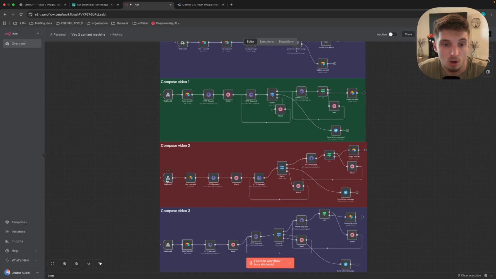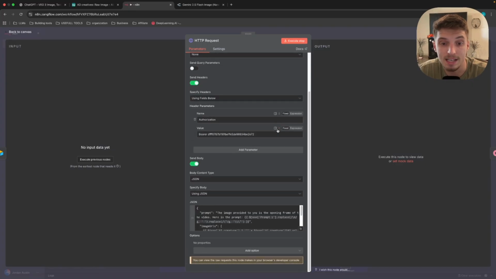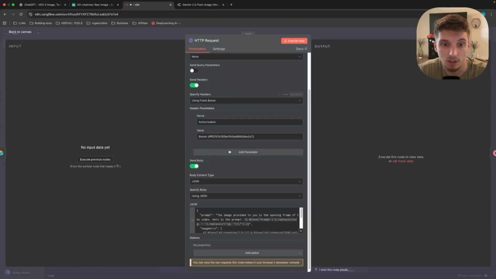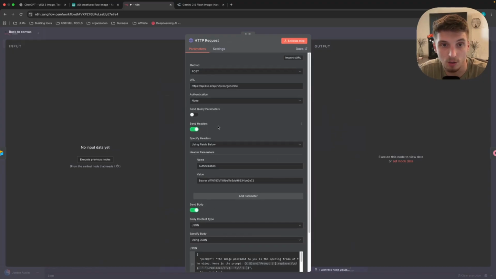Now, the next node in all 3 of these systems is the HTTP request node. This is where we create each one of our 8-second clips, okay? This is another custom request node. Now, I'm going to show you guys how to do this. It's going to take a minute, but first let me show you what software we're going to be using to